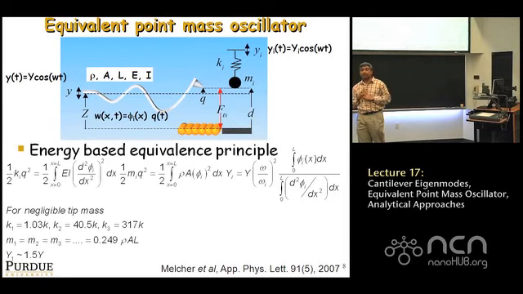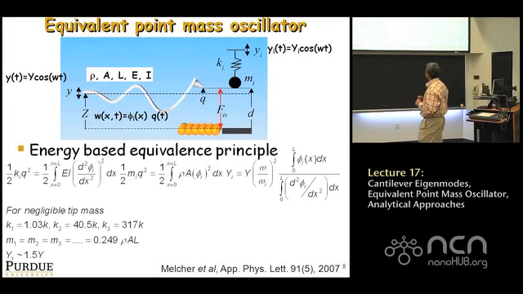Okay, so that's how you get the correct k, the spring constant value, for the point mass model. Similarly, if you want to know the correct point mass value of the mass of this oscillator to put in, you equate the kinetic energy of this oscillating beam, which is shown here. It's the integral of rho a phi i squared dx. It's basically the kinetic energy. You equate the kinetic energy to that of the